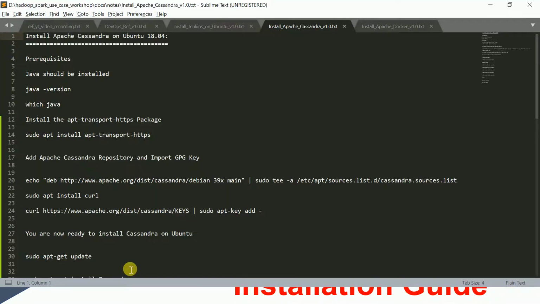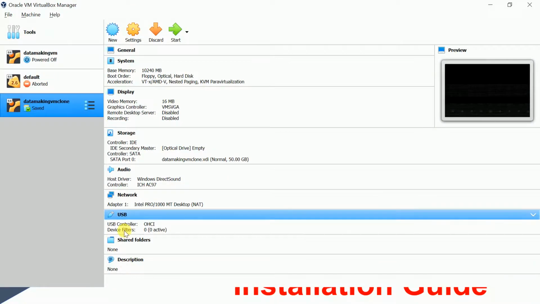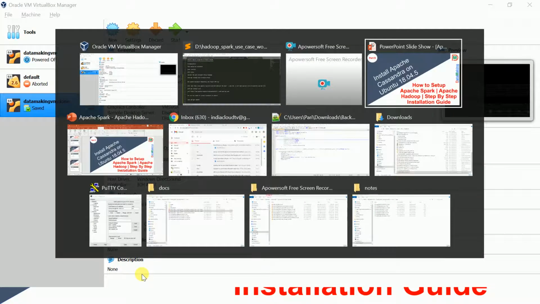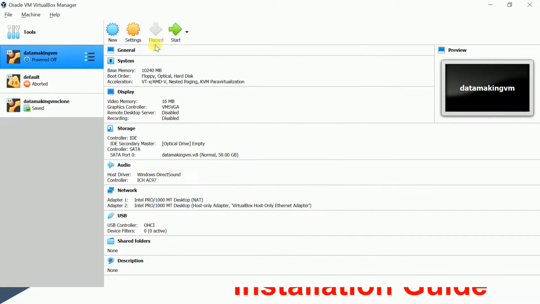So I have noted the steps to be followed to install Apache Cassandra, and I have a VM in my VirtualBox. I'm going to log in using the putty utility. If you want, you can log in directly to the VM and work on it.